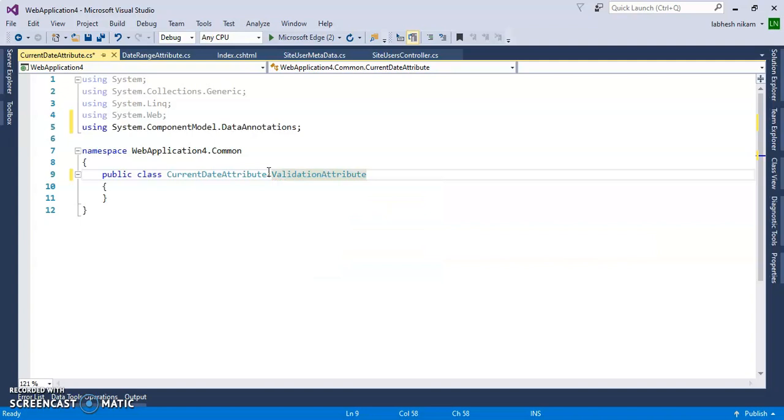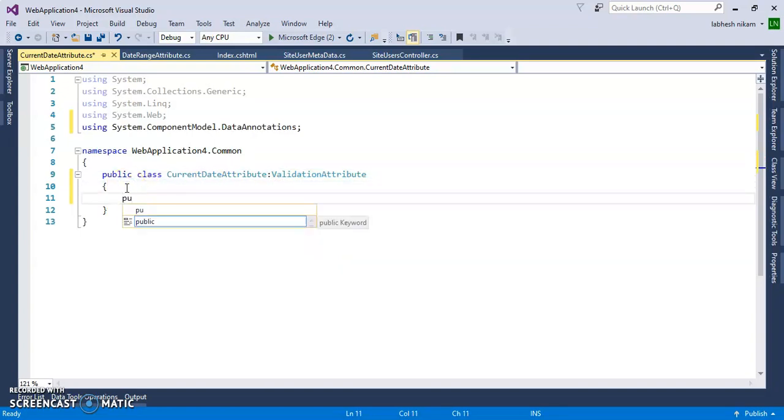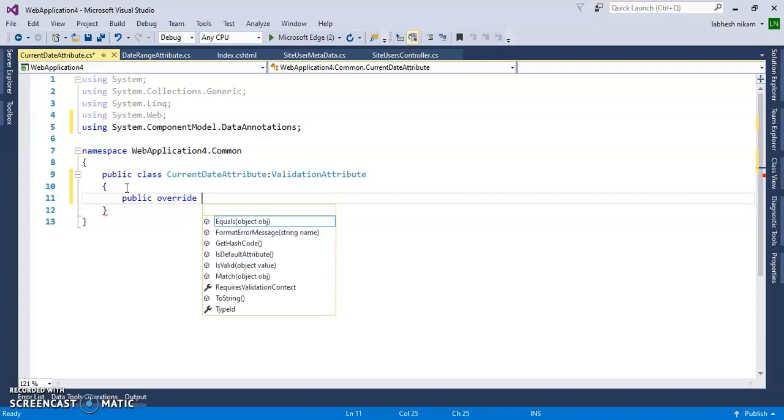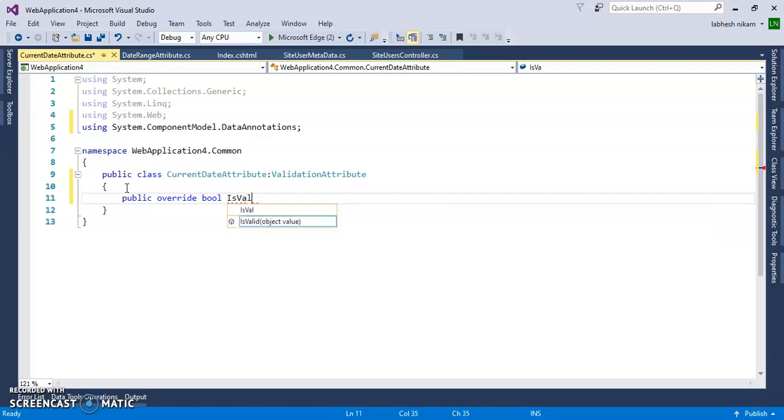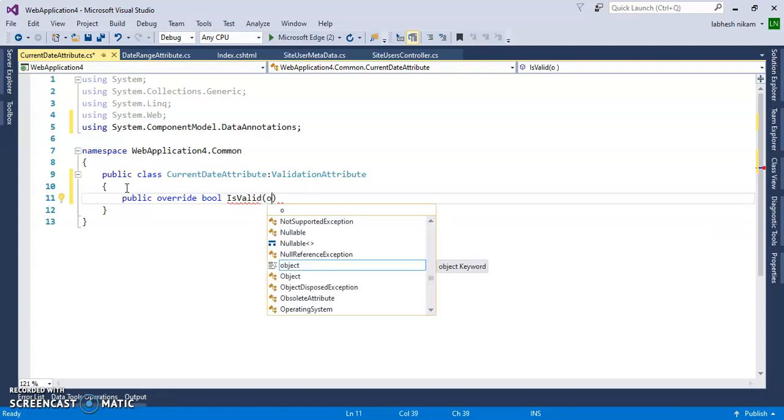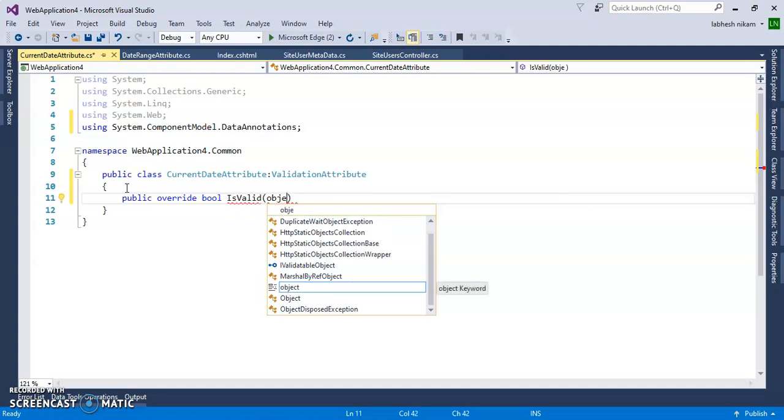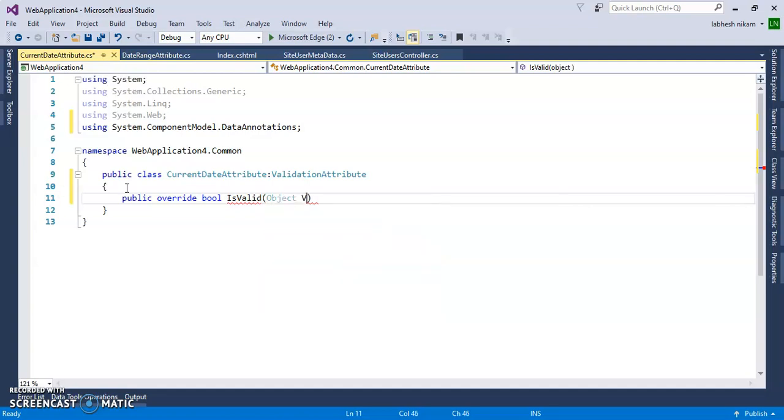Inside of that we will override the public method, public override bool IsValid, and inside of that I will pass the object value parameter.